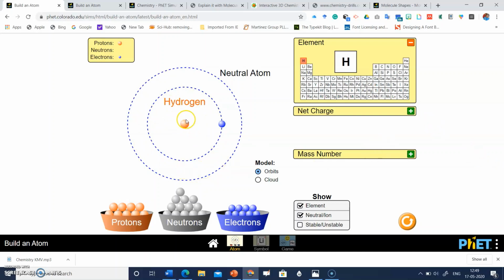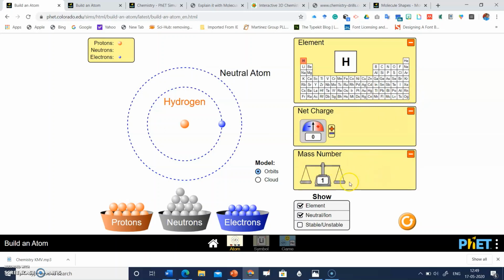So from this, the student can check the net charge by clicking on this, the mass number by clicking on this, and if they click on the stable/unstable part, it also shows that.